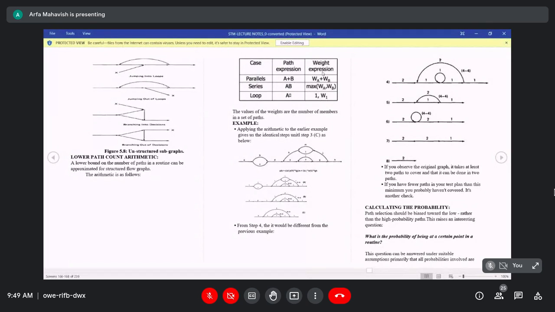This is the formula which we have, and we are converting the names to a weightage of 1, okay. Then we are reducing one by one and following the same table rules in this graph, as we get the result as a single loop. So we are getting the path expression over there.